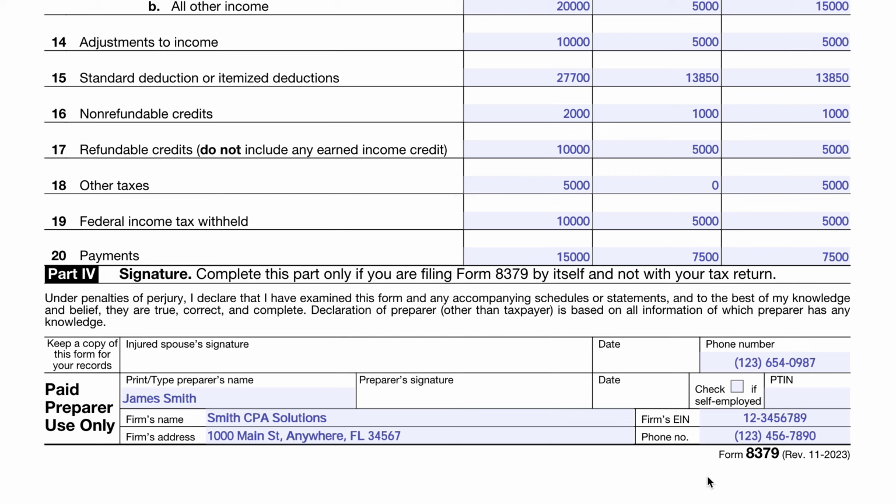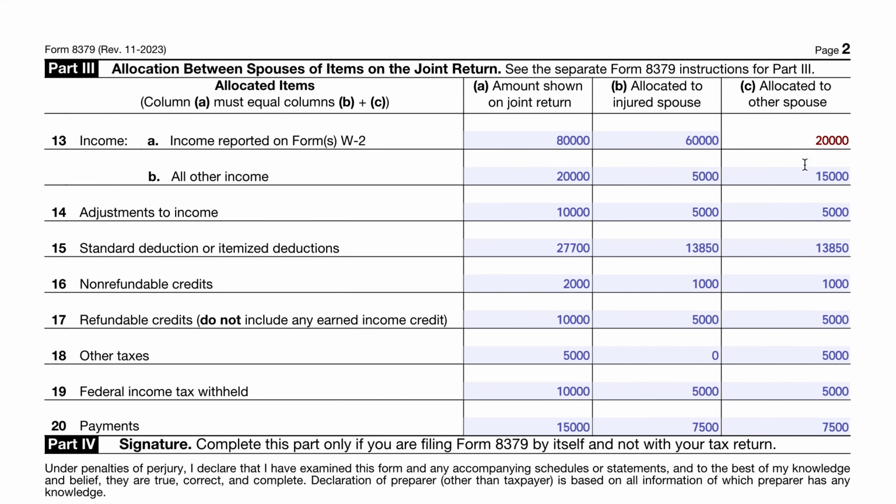So make sure that when you're exercising your discretion on that, that you don't create a situation that is wholly unbelievable. For example, if Mary Doe was responsible for $35,000 out of a $100,000 total income, then it probably wouldn't make sense